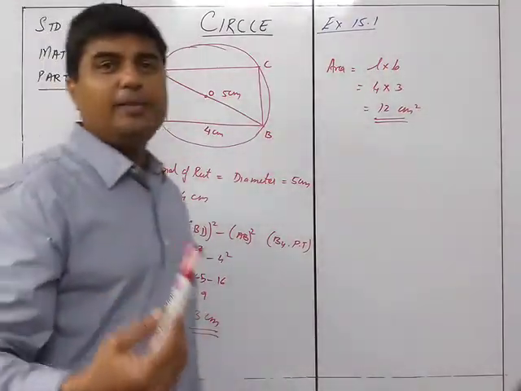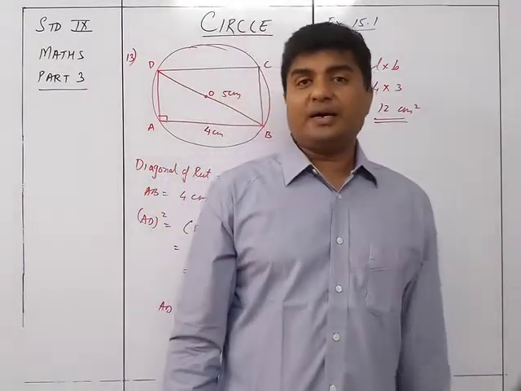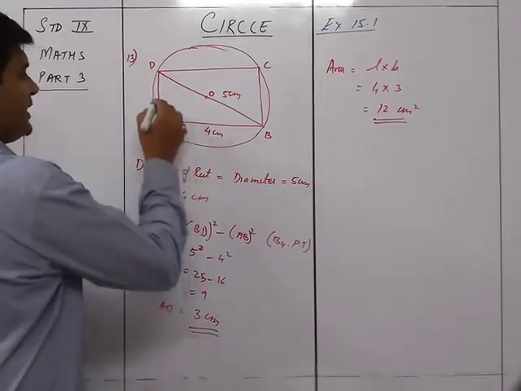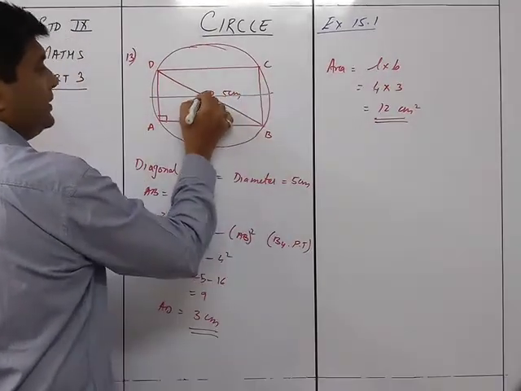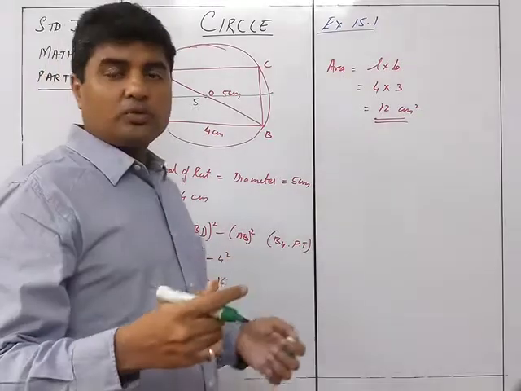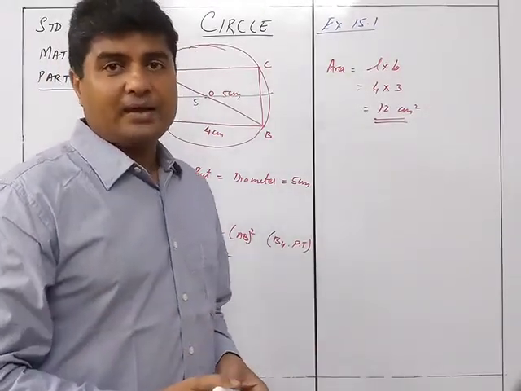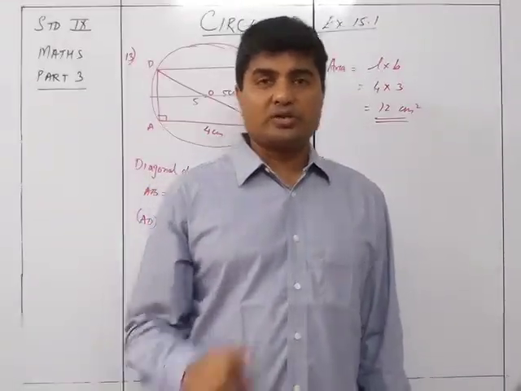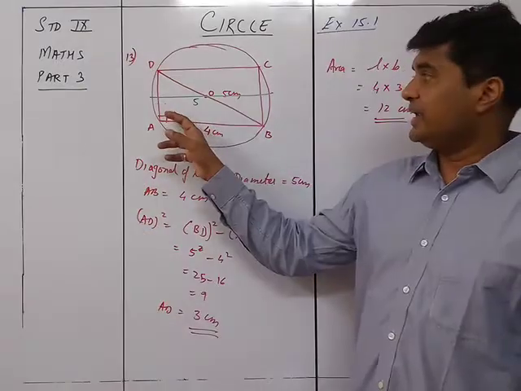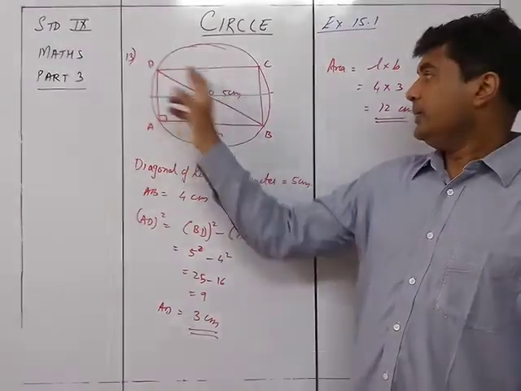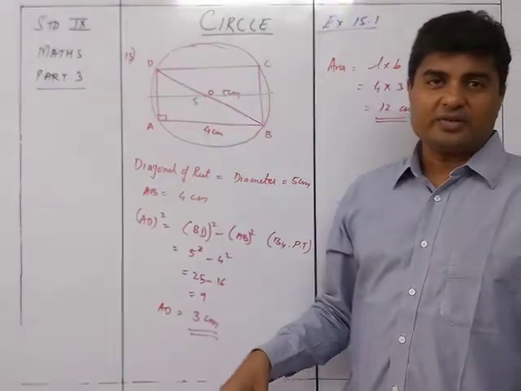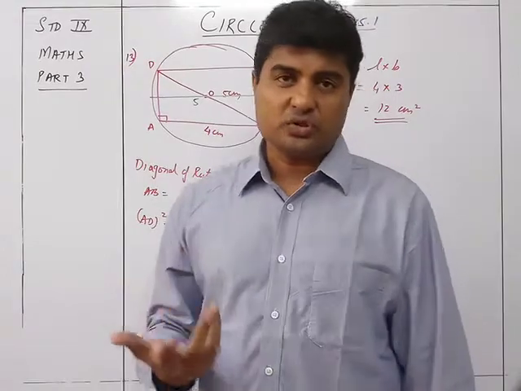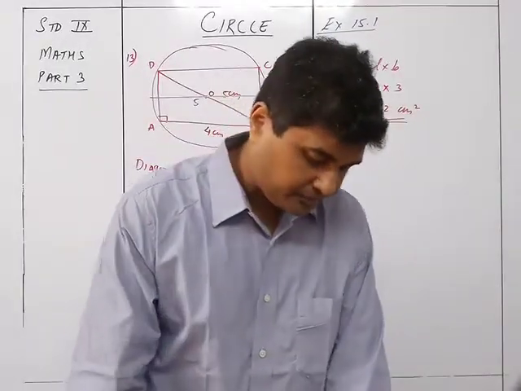Now here the only major thing was that the diameter is the diagonal. In case you try to do it this way, if you don't know that the diagonal is the diameter, then it is going to be a problem. Now why is the diagonal the diameter? Because in 8th grade you studied when an angle is 90 degrees: when it is in a semicircle. So BD is the angle in a semicircle, so angle DAB is 90 degrees, so that's why the diagonal is also the diameter of the circle.